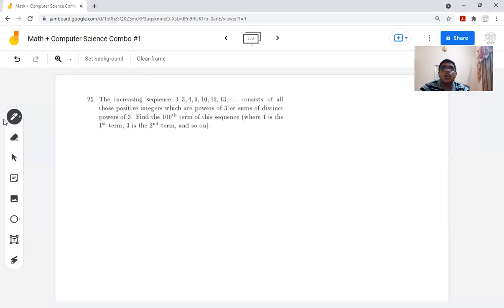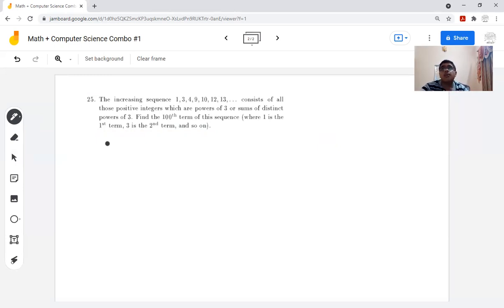So for those of you who are interested, this is from the book 102 Combinatorial Problems by the USA IMO team. So let's get started. My goal here is to not provide just a solution, but also various ideas, the ways of thinking about it. So that's the most important thing. So first, what would you try is the question.